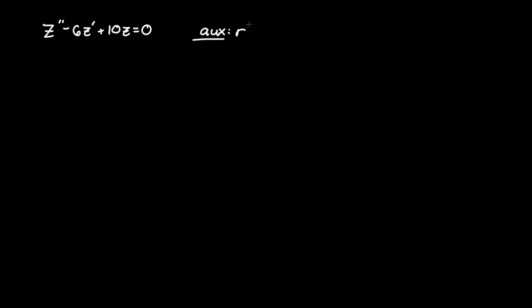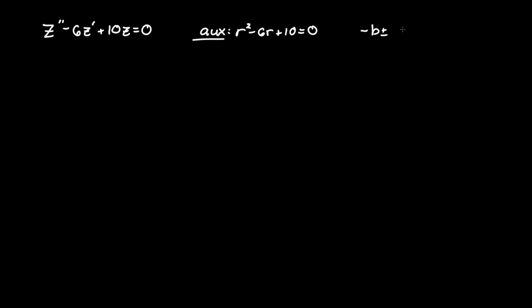on z. So z double prime is r squared, and z single prime is just r, and always include the coefficient, so minus 6r. And there are no derivatives being taken on z here, so it's just 10, and that equals 0. You'll quickly find that you can't easily factor this equation, so we have to rely on the quadratic